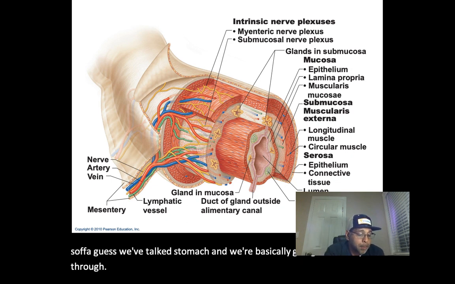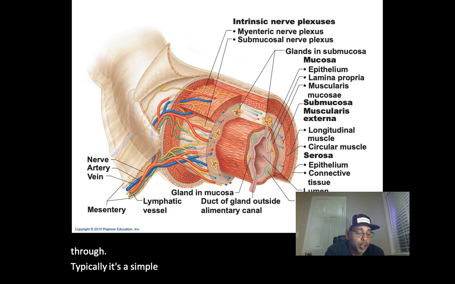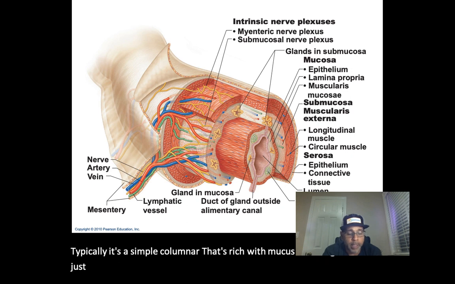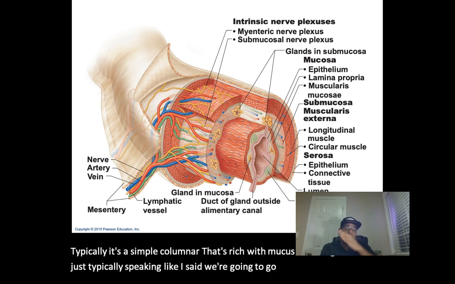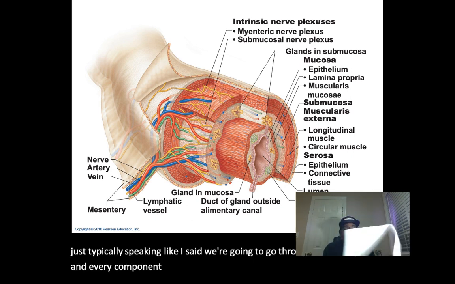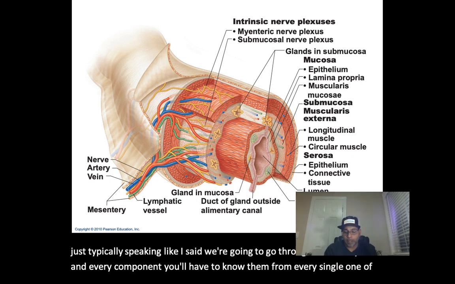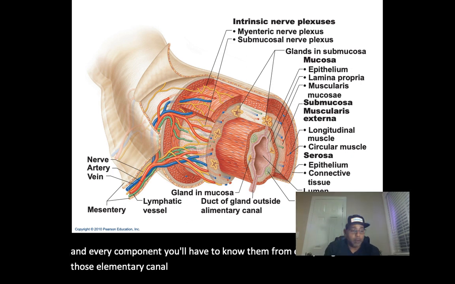Typically, it's a simple columnar epithelium that's rich with mucus-secreting cells. That's just typically speaking. Like I said, we're going to go through each and every component. You'll have to know them from every single one of those alimentary canal components. So next here, we can appreciate just beneath that mucosa,